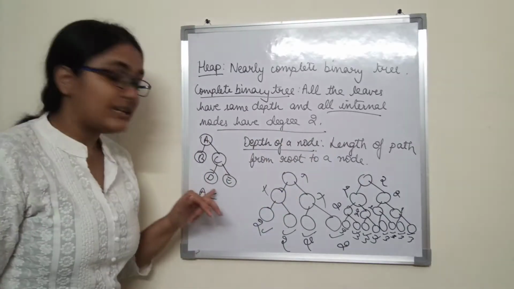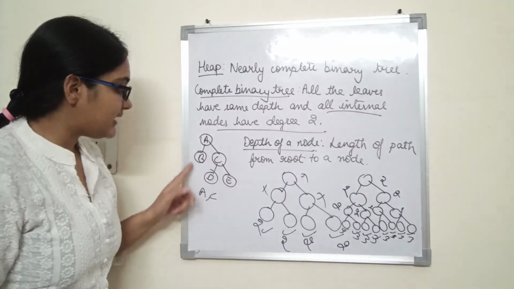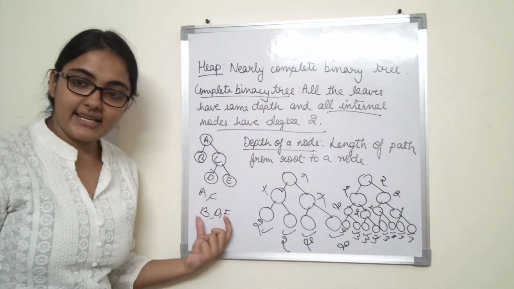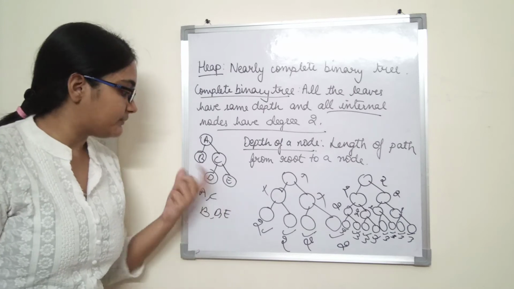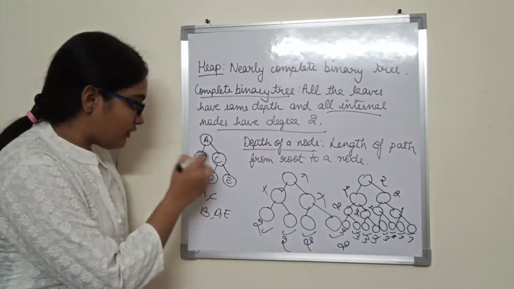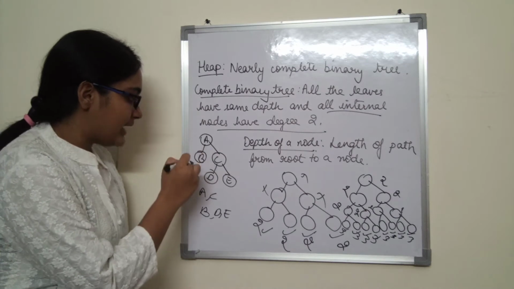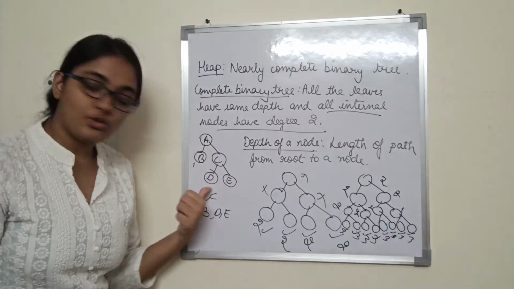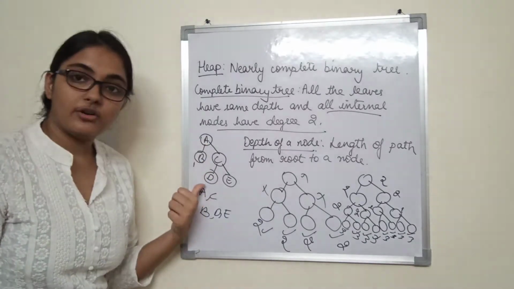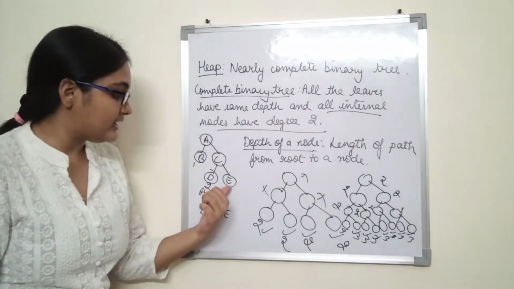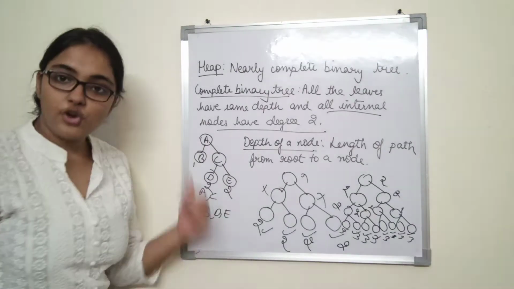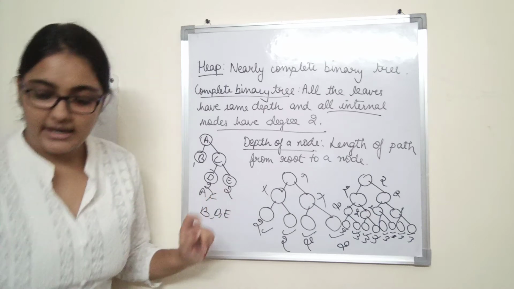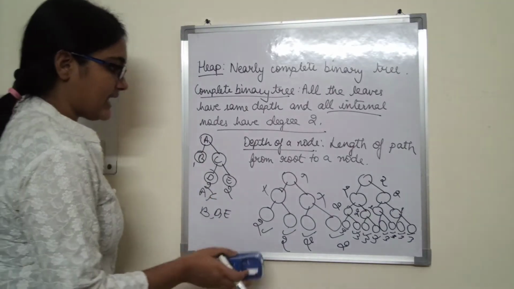But are all the leaves at the same depth? What are the leaves here? B, D and E. And what is the depth of the leaves? The depth of the leaf B is 1, because the length of the path from root to this node is 1. The depth of this node is the length of the path from root to this node, which is 2. So all leaves are not at the same depth, so this is not a complete binary tree. If you want me to take more examples, then